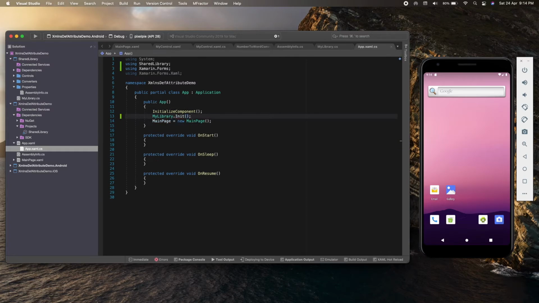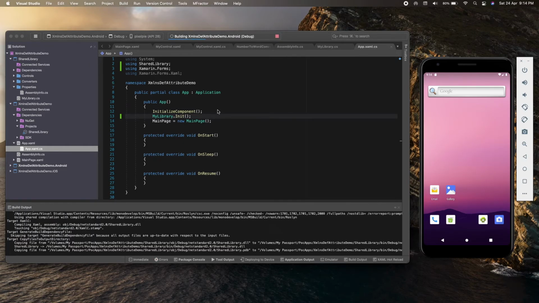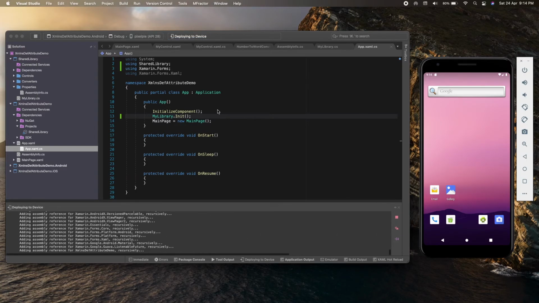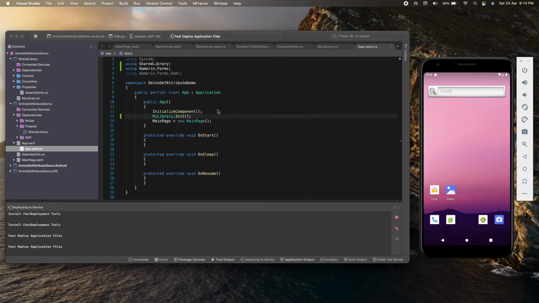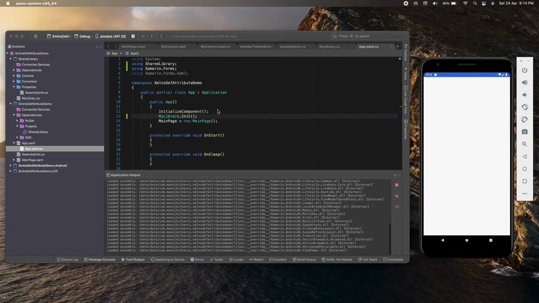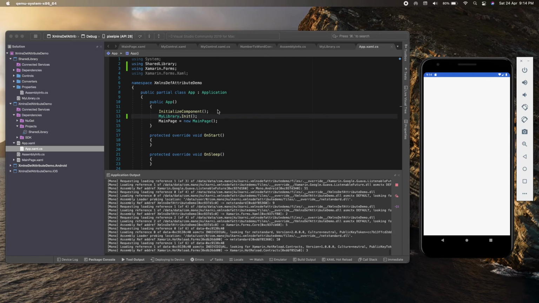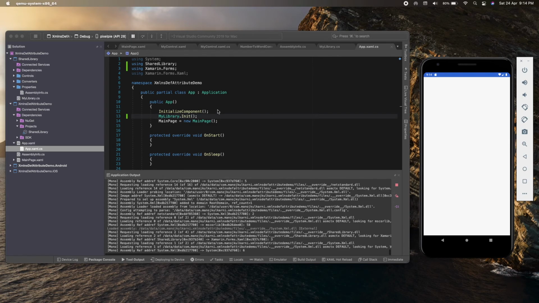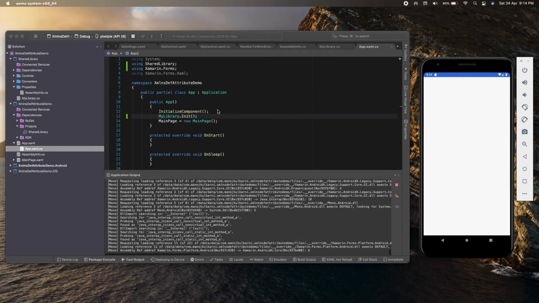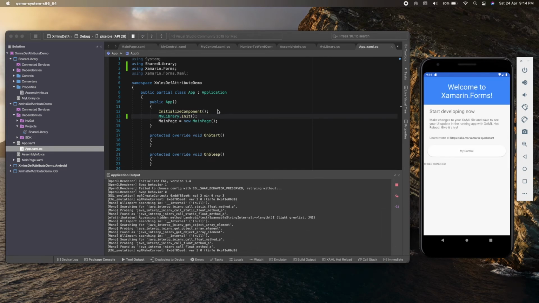We just need to add this to fix the compiler error so that we can run our application. Okay, so let's now run the application again. Yeah, as you can see, we got no compiler error and the application got deployed to our Android emulator.